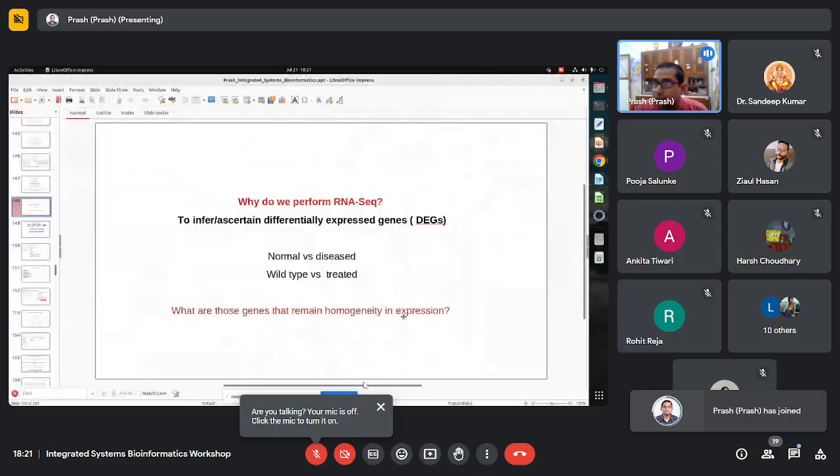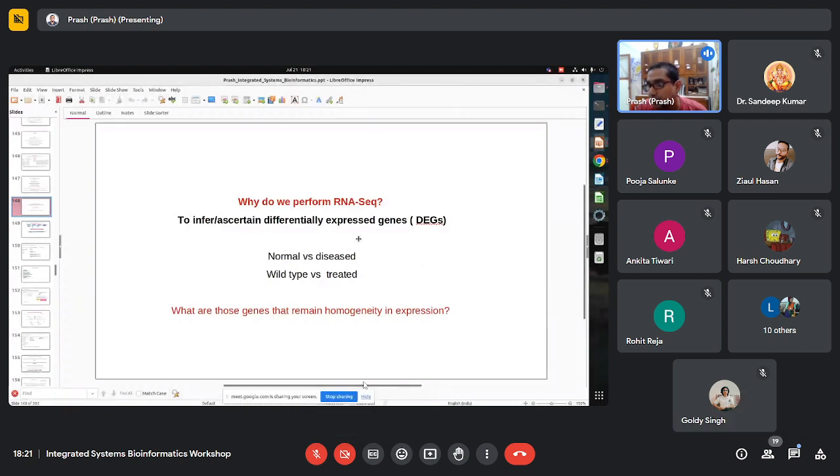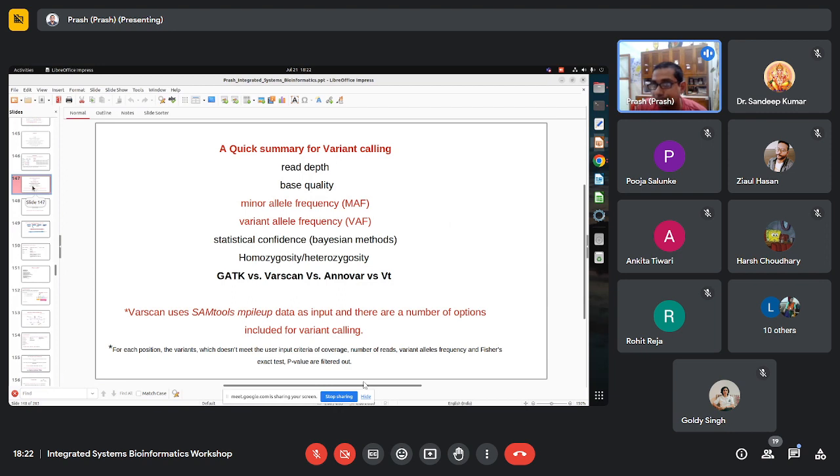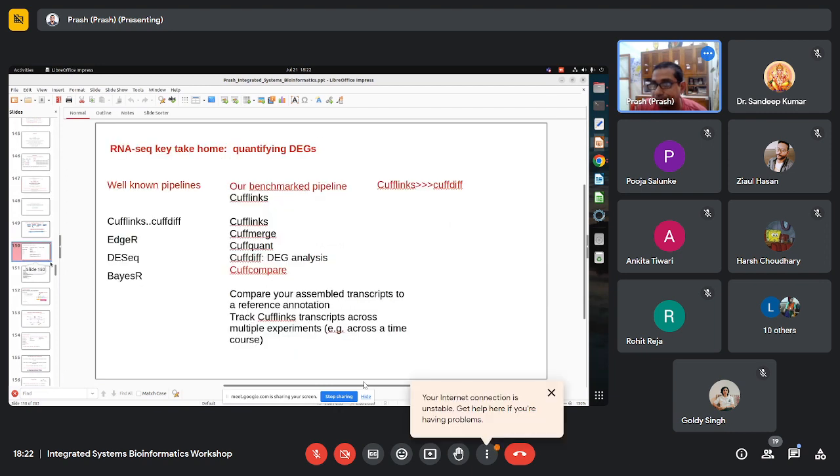So if you remember this particular slide, you need the normal and the disease samples. Nevertheless, if you are working on bacterial samples, you might need a wild type and a treated sample as well. Okay, and we also discussed